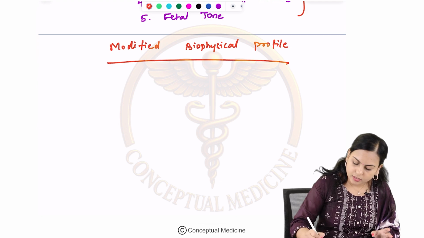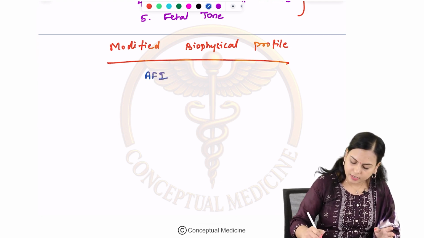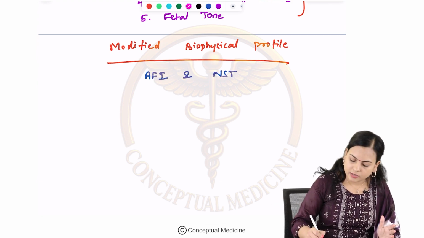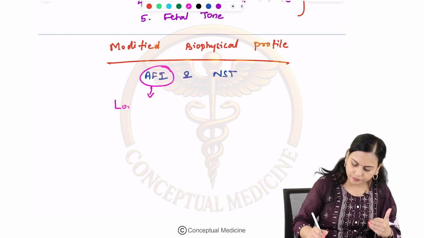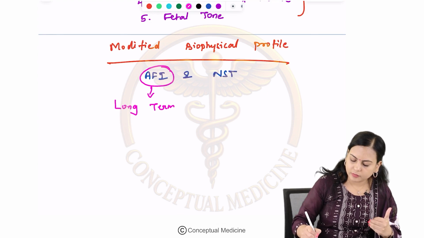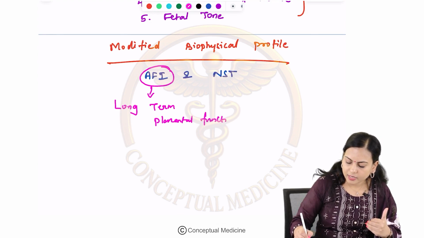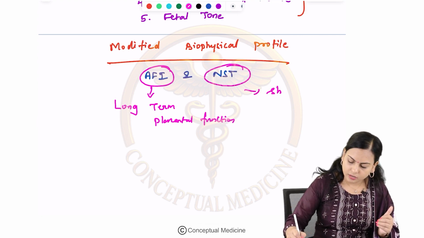Okay, this includes only AFI and NST. Because while measuring AFI, you are going to check the long-term placental function, and with the NST, you are going to check the short-term